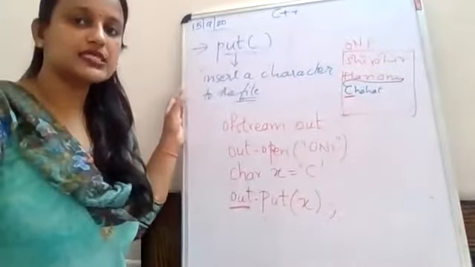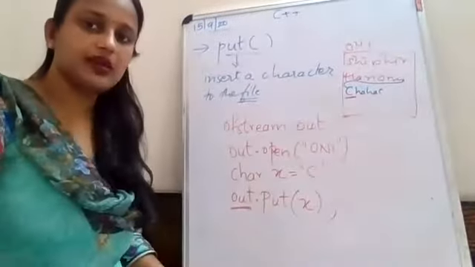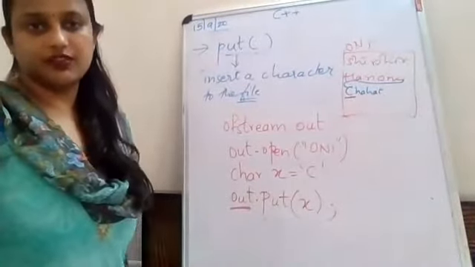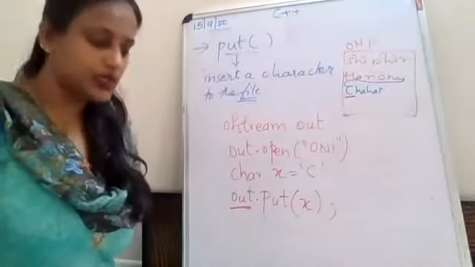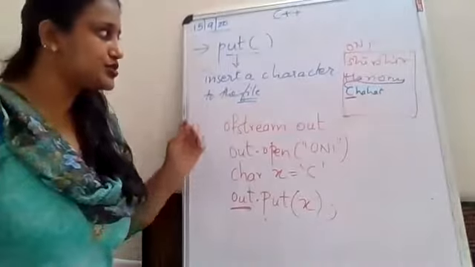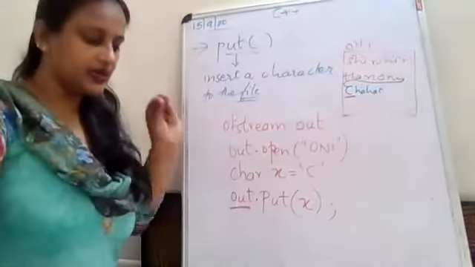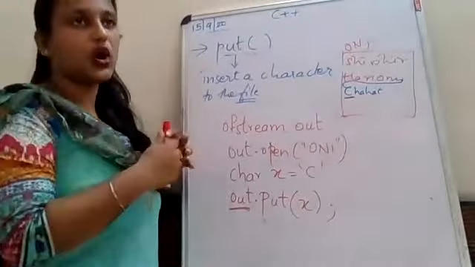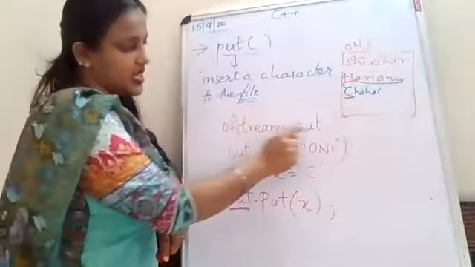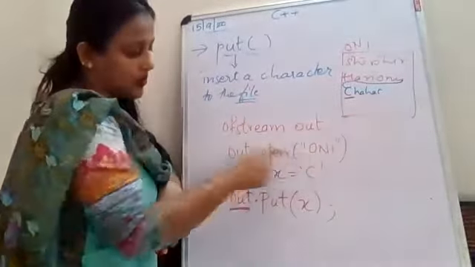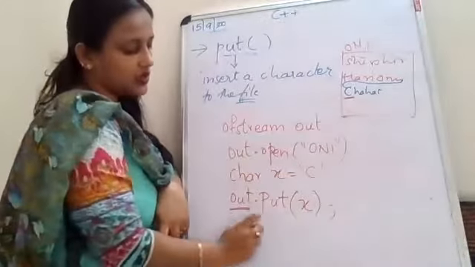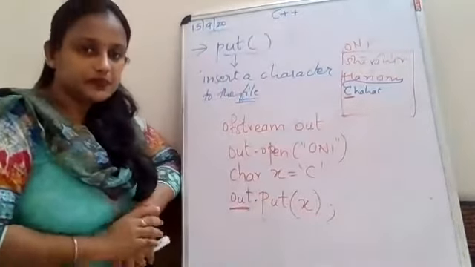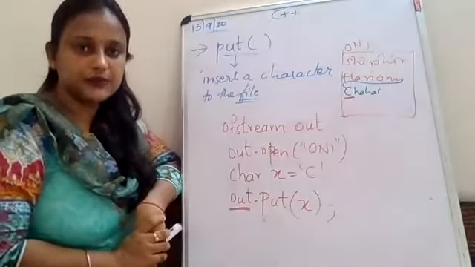Now you will say, ma'am, to write the full name, will I need 10 variables? Either you give it in a loop or you have 10 variables for storing each alphabet. But the put function is used to store a single character into the file specified by the object of ofstream. What is the object? out. I opened the file first, then took a character, then did out.put(x). You can also write this above, it will not make any difference. Clear? So that is my put.